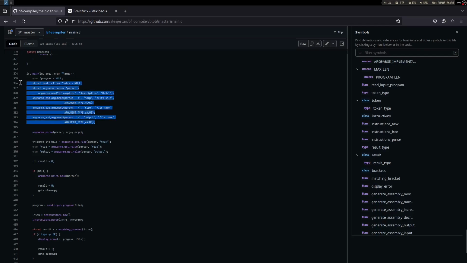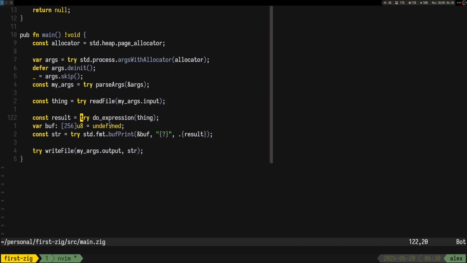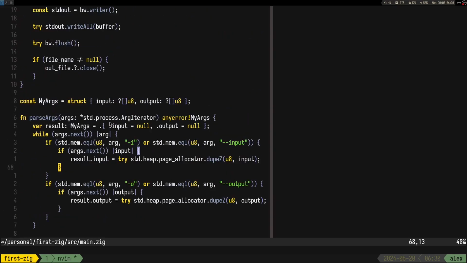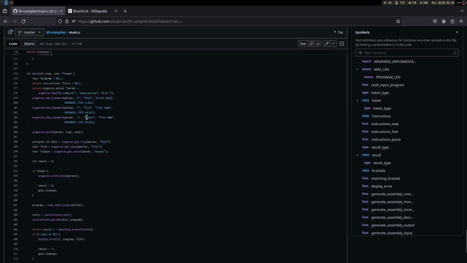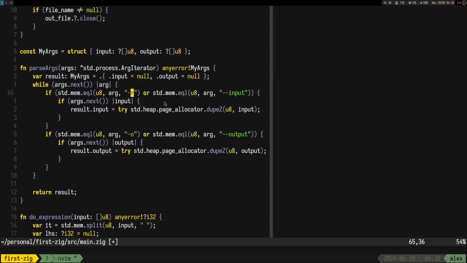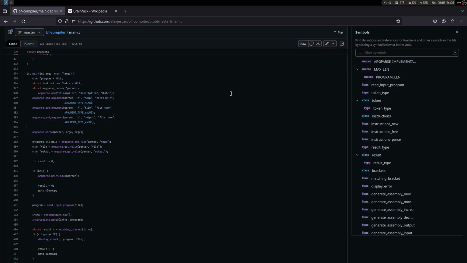So I guess for this one I had more things, but it doesn't matter. I can change it to F, just to have the same flags, F and O for file and output. But here I had the argparse, my own argument parsing library, so not